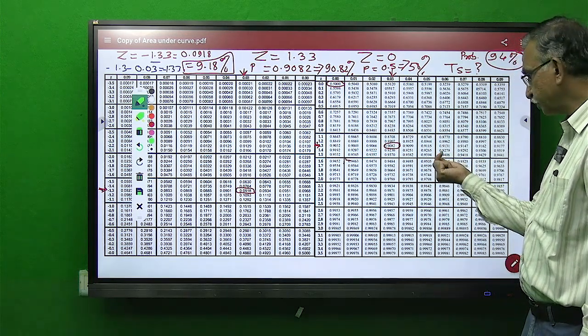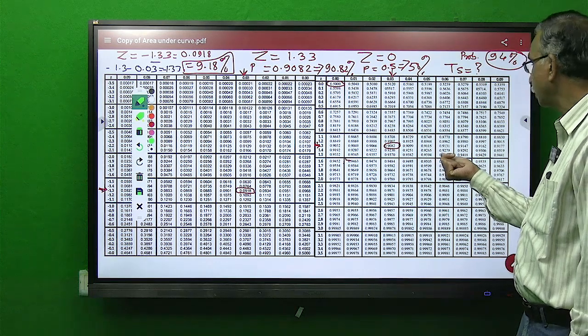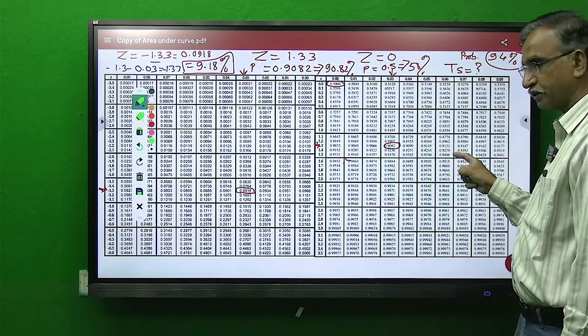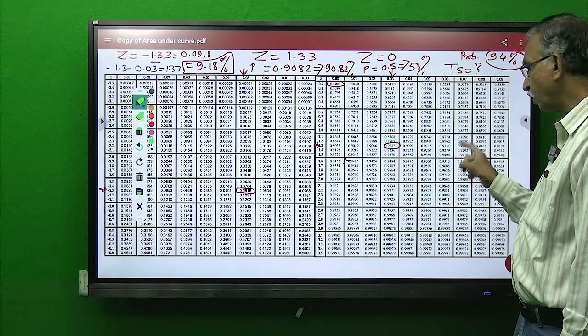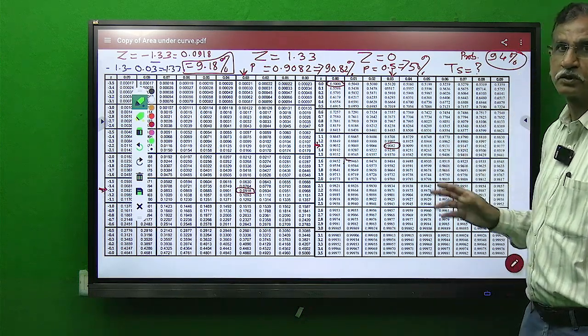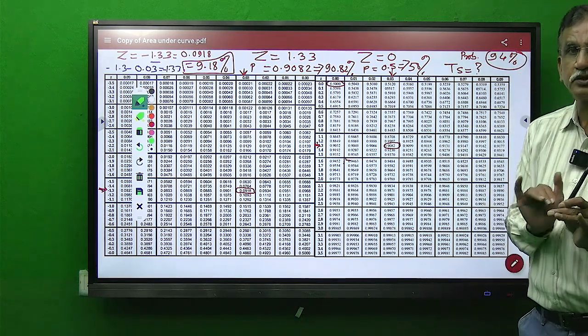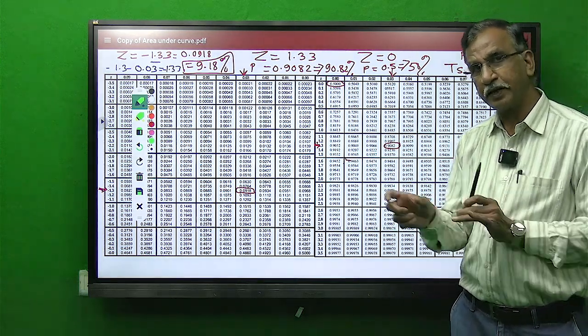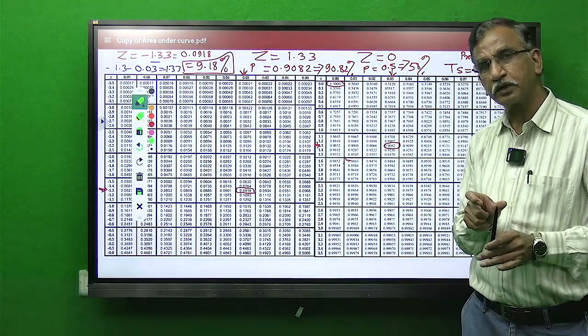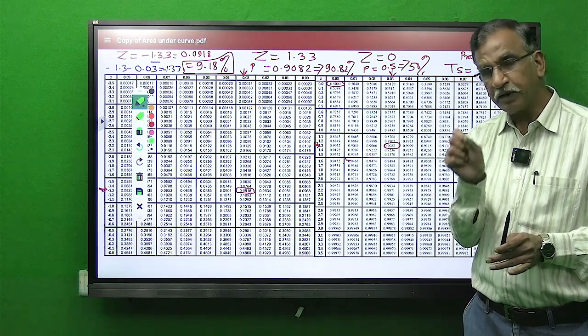Now the difference of these two values from 0.94 is 6. Here it is equal, here it is 6, here it is also 6. So we can take any value, but if the difference is varying, then you have to select the value of minimum difference